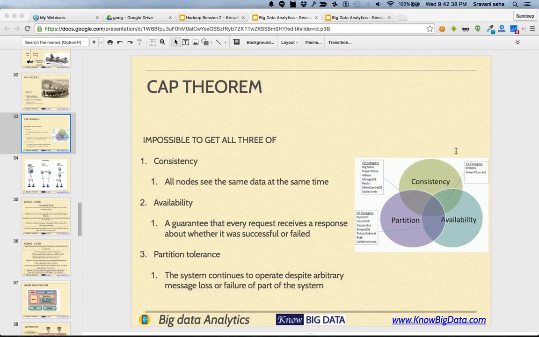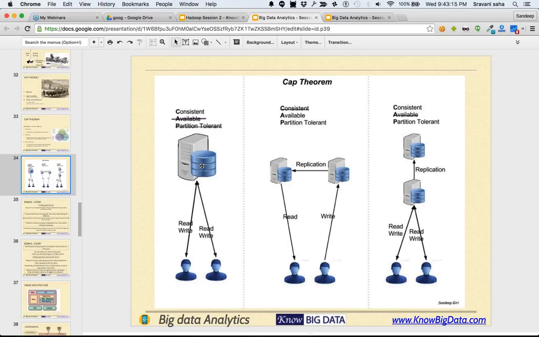All right. So coming back to the question, we had three in CAP. Out of these three, no system can guarantee all three. Therefore, you need not worry. Even if we are going for NoSQL or we are staying with RDBMS, none of these can answer all three requirements. I'll give you a diagrammatic representation. It has taken me some time to present it this way.